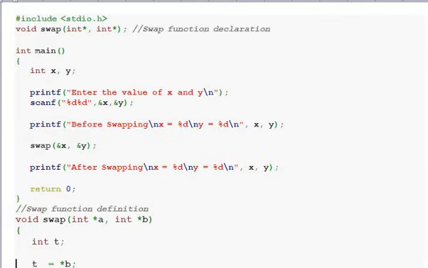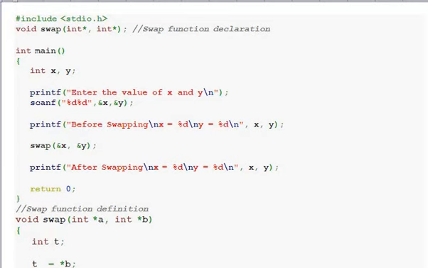Swapping of any two numbers, call by reference. In functions, call by reference. Parameter passing mechanism, we have call by value and call by reference. So what is the name of the function here? The name of the function is swap. So identify the function declaration. Function declaration is void swap(int *, int *); and we have function call swap(&x, &y). And x comma and y address is passed. You are passing the address of x and address of y.